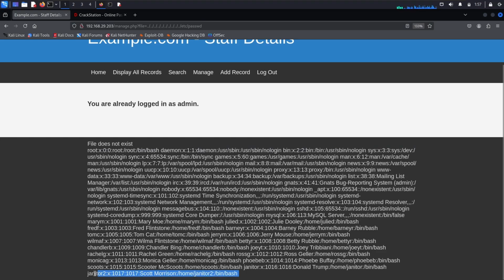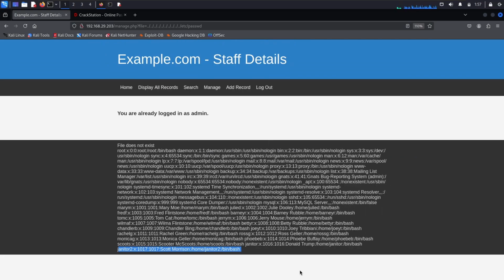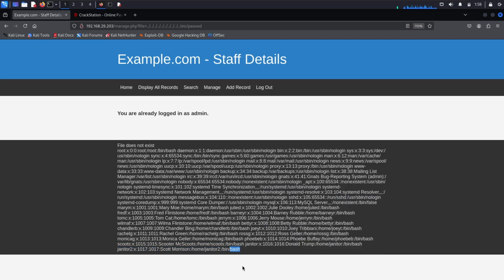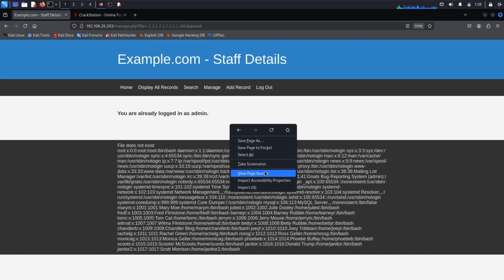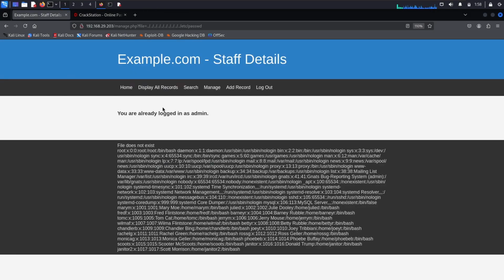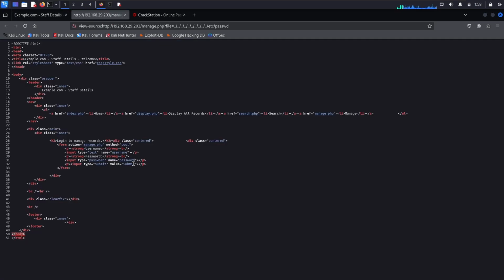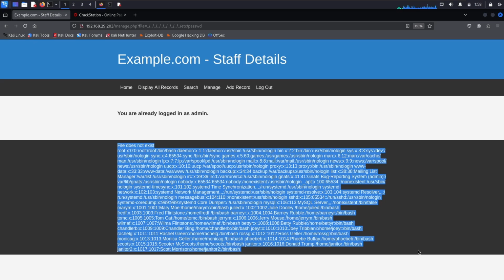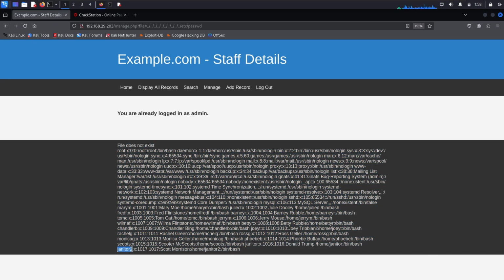So we got usernames janitor. Let's right click and view the page source. But we were not able to find this in the page source. Okay, anyways, you got this information, right? So we found that there's a user janitor and janitor2 user, and some usernames in the etc passwd. So we know that